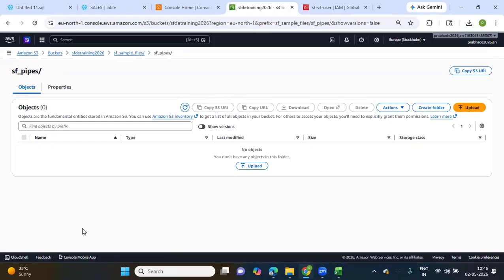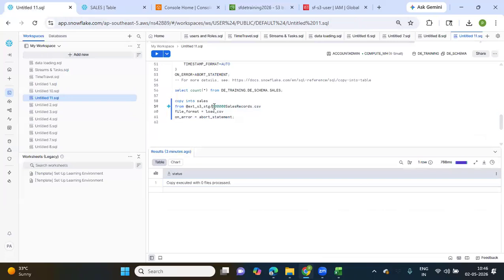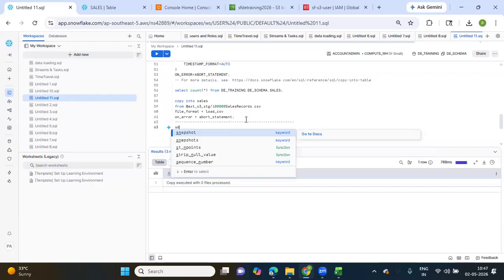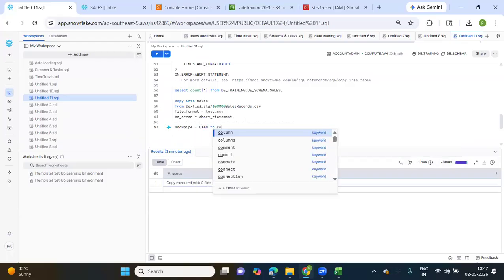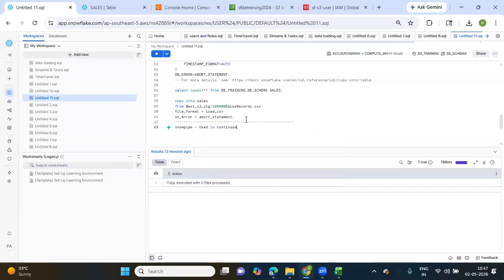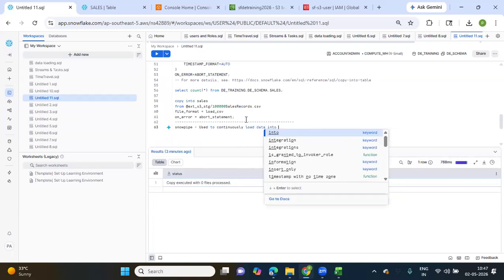Okay. So for that, again, we need an external stage. You might think we already have an external stage, but some options are missing in this external stage to implement the continuous copy. In order to load the data continuously into Snowflake, we have a concept called Snowpipe. Yesterday we discussed it theoretically. Today we are implementing it. Snowpipe is used to continuously load data into Snowflake